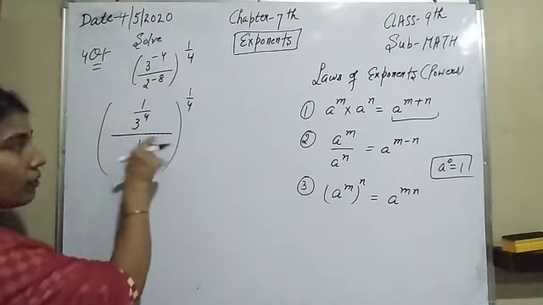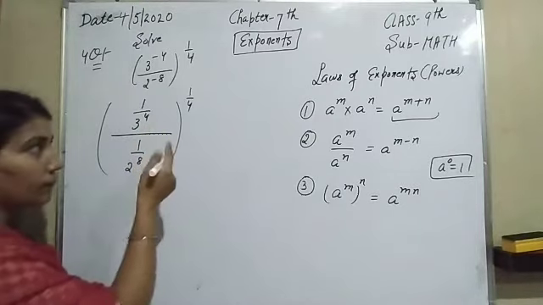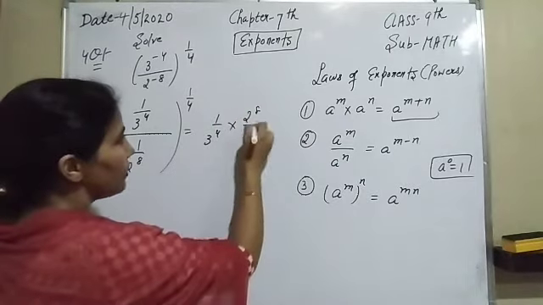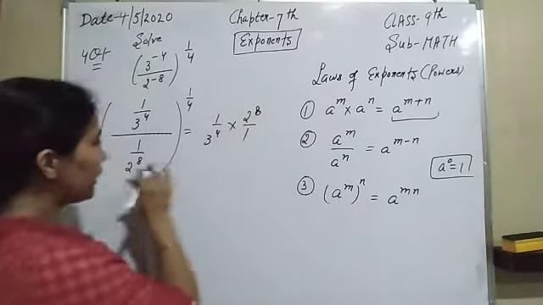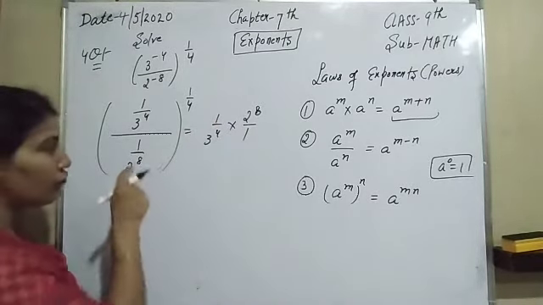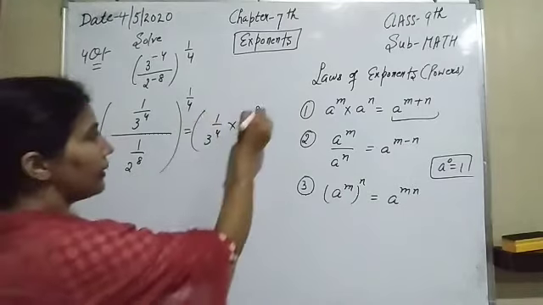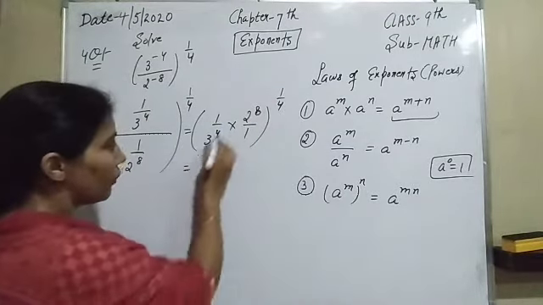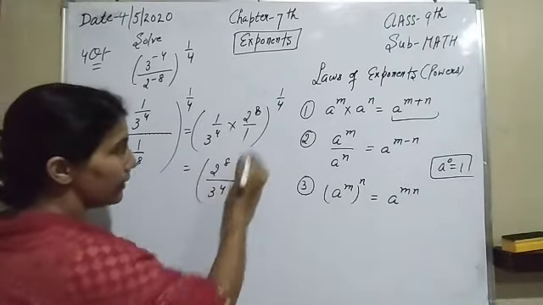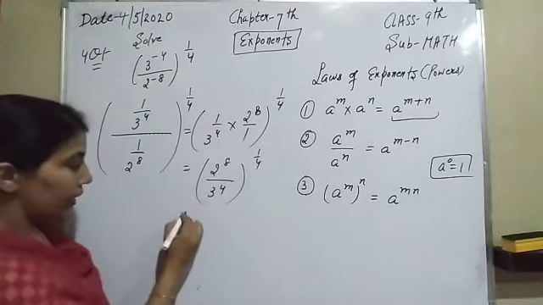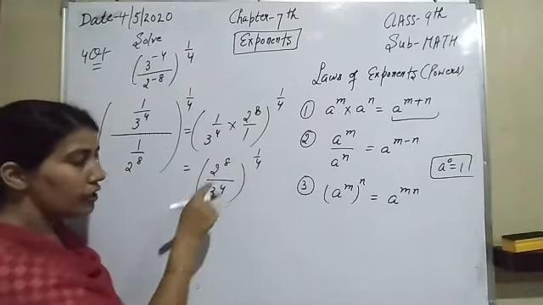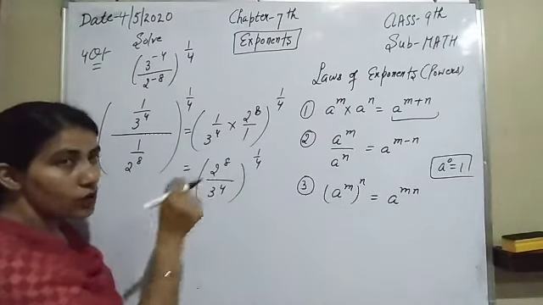Now here it is in the form of division. We have to convert it into the form of multiplication. So we can write 1 over 3 raised to power 4 multiplied by 2 raised to power 8 over 1. We can write it in this form because whenever it's division we have to convert it into multiplication by taking its reciprocal again. And here is 1 by 4. Now it becomes 2 raised to power 8 and 3 raised to power 4, and its power is 1 by 4. Now 2 raised to power 8 has power 1 by 4, and 3 raised to power 4 has power 1 by 4 also.